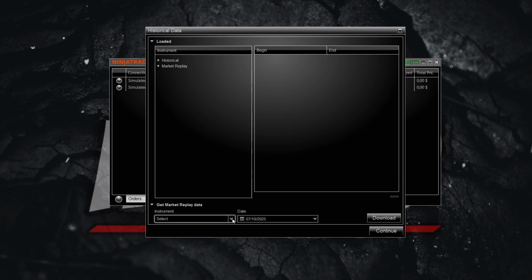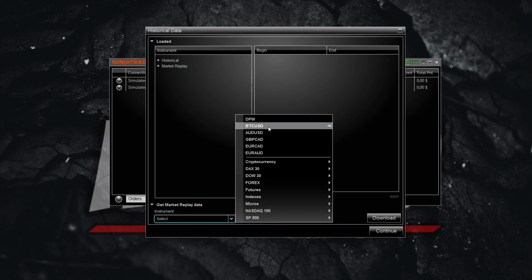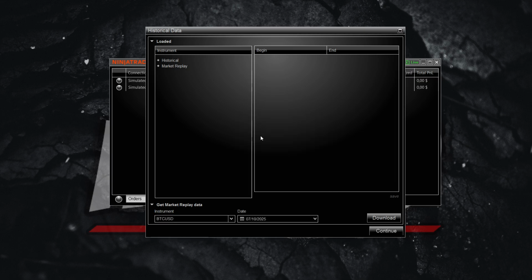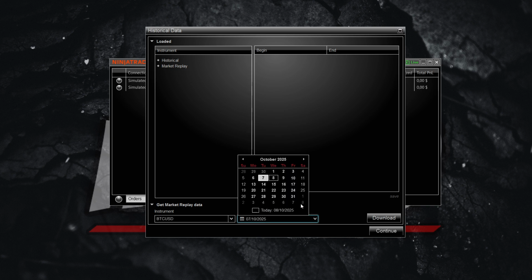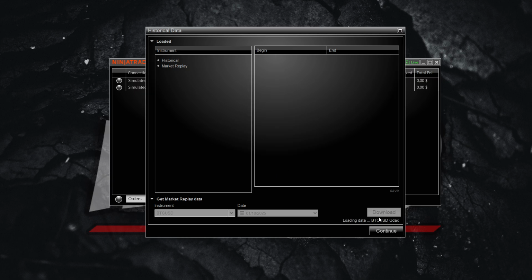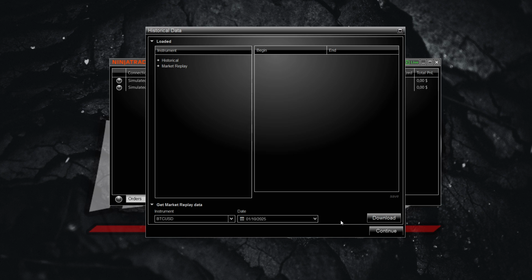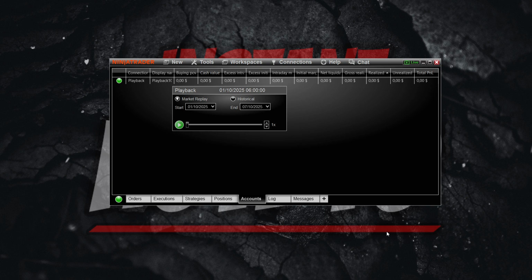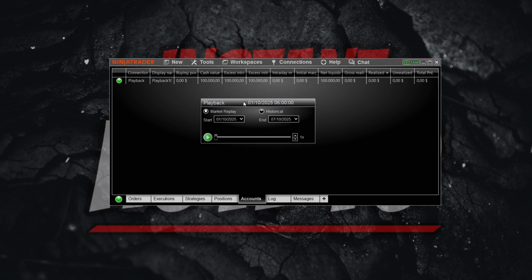So down here, you can go ahead and select the instrument. We're going to go ahead and select Bitcoin USD for this instance, and then the date. So we're just going to do the 1st of October, 2025, and then you want to click on Download. And then after that's loading over here, it's going to load for a few seconds. There we go. You want to click on continue, and you're going to see this kind of playback window to